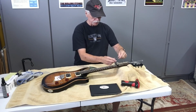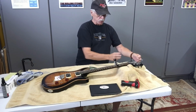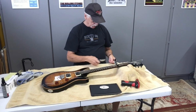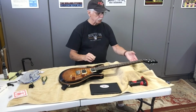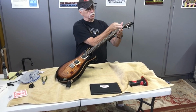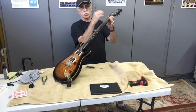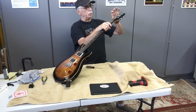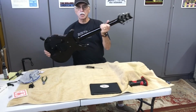So we're going to take the next one. You would obviously put new strings through here. You'd run the string through the tuner. You'd give it 2 fingers of slack at the nut, and then you'd cut it off. I'm working with strings I used the other day. So you do need a slotted screwdriver. You're going to run your string through the tuner, put your 2 fingers by the nut and put the string over it so you have that much slack. Then you put your little set screw in, hand tight, and you tune it up, and then you tighten up your set screw in all of them, and then you tune the guitar, and voila,